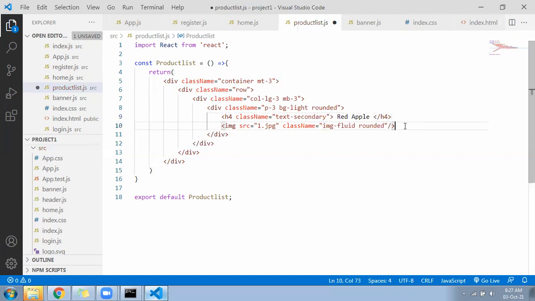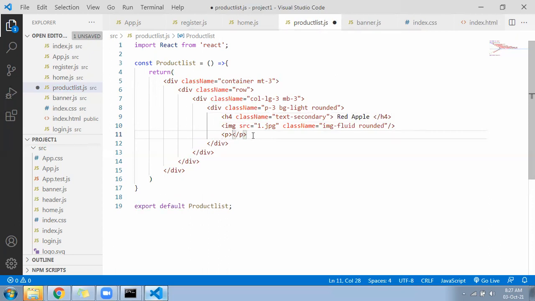After the image, in a paragraph, one line of description. Not a paragraph, use a small tag, or a paragraph you can also use. Keep it short, don't give bulk text.